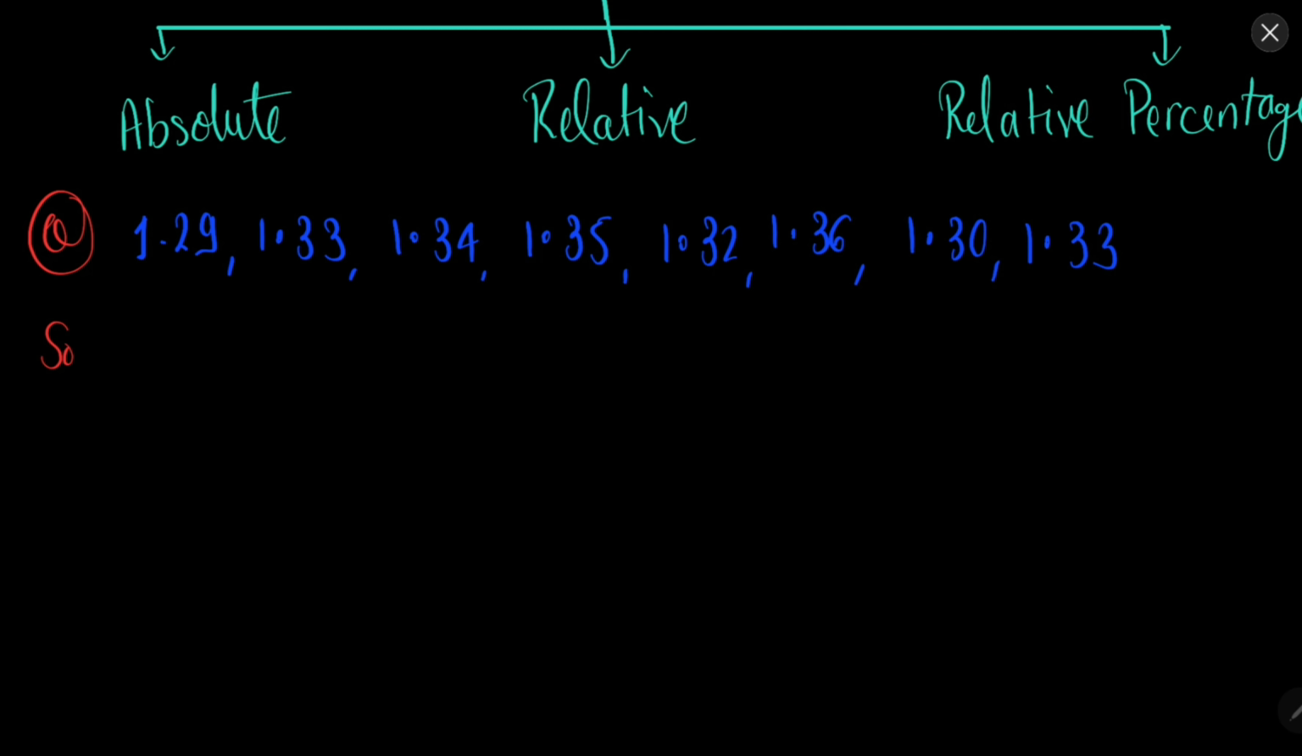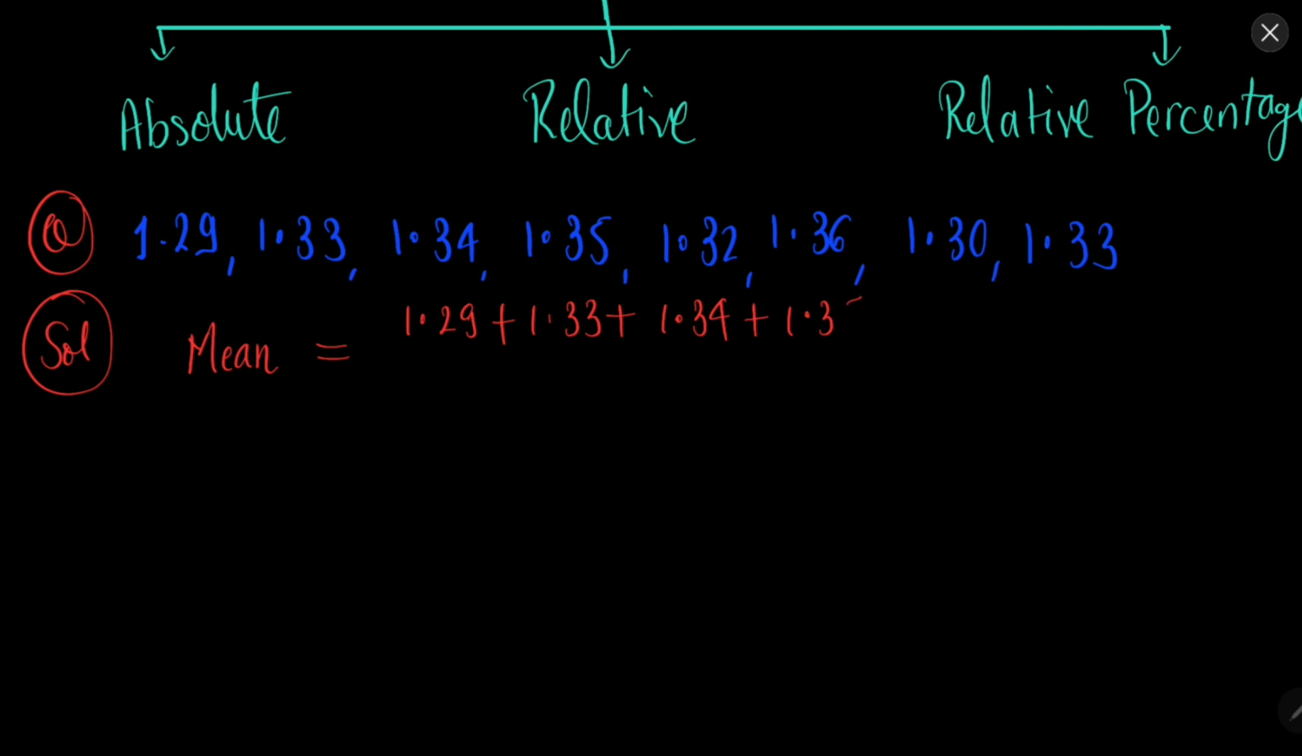So how to find different errors? First of all, just follow these steps and you will be able to find all the errors. First of all, you need to find the mean of all these measurements. So the mean of all this measurement, how will you find mean? Add all the values, and how many digits are there? 8 digits. So divide this with